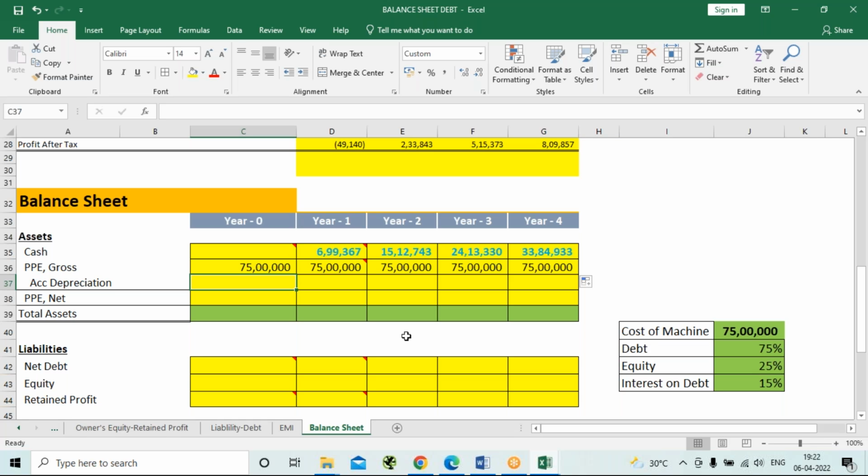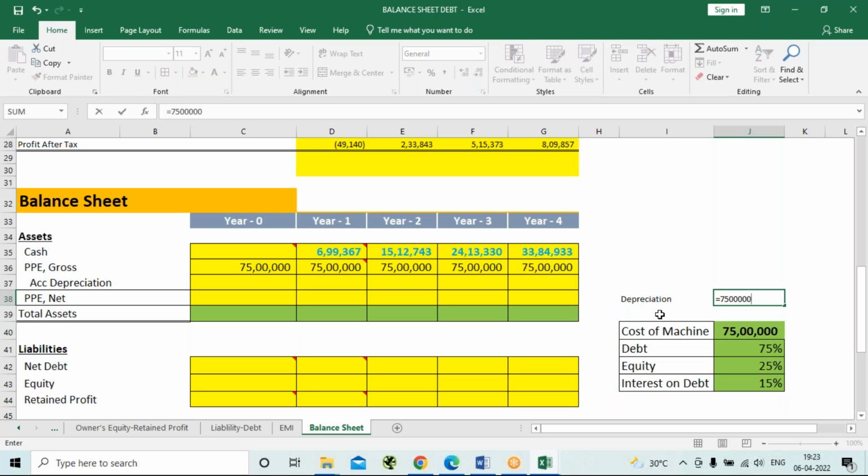Okay. So now, what is the depreciation value? How do we calculate the depreciation value? What is the formula that we use to calculate it? Value of the asset divided by life of the asset. Very good. So the depreciation value will be the value of an asset, 75 lakhs, divided by how many years? The lifespan of that machine is